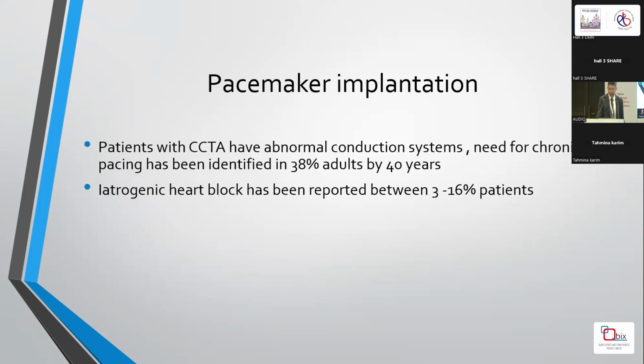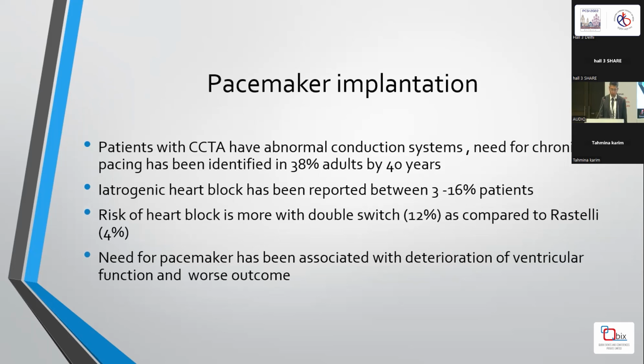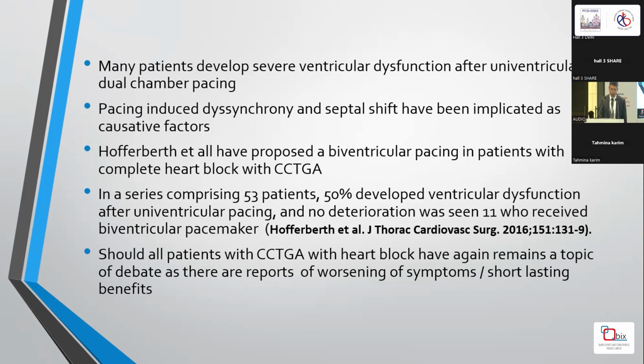Pacemaker implantation. Almost 38% of patients will require a pacemaker by the end of 40 years, and iatrogenic heart block occurs in almost 15 to 16% of patients. The highest risk of heart block occurred with double switch as compared to Rastelli, and least with the Fontan. And use of biventricular pacing is recommended because univentricular pacing or dual chamber pacing was creating havoc with these patients. A lot of these patients with univentricular pacing developed